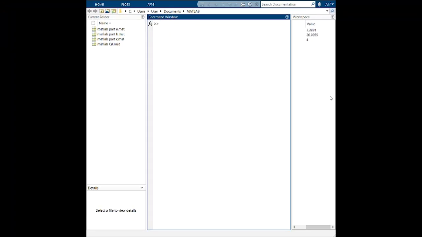Okay, let's go for part B. For part B, they want to calculate the hypotenuse of a triangle. Here A is equal to 4, B is equal to 3. Then we have to write the formula of hypotenuse. C is equal to square root